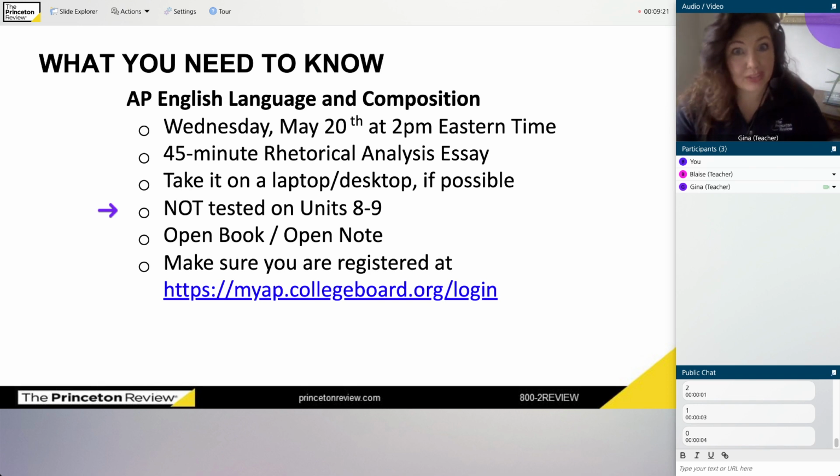However, I'll be honest with you, there's not a lot in units 8 and 9, okay? Most of what you need to know is what you need to know, regardless of what's in 8 and 9. So, on this particular test, I wouldn't put too much stock in the fact that they're not testing certain concepts. I think the reality is the more you know, the better off you're going to be on the essay, because the more you know about rhetorical analysis, the better your essay will be. So, for this particular test, let's just assume you need to know a little of everything. And if you know a little of everything, you're going to be better equipped. But for other AP exams, it may be useful to know that they're not going to test you on things you would have learned at the end of the year.